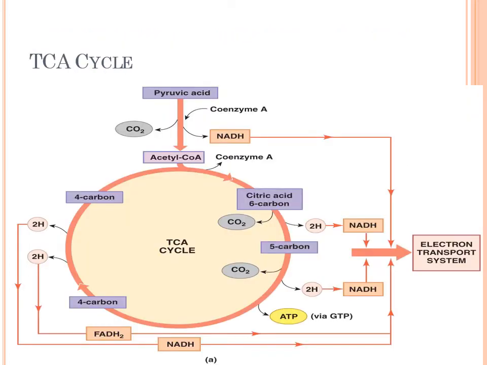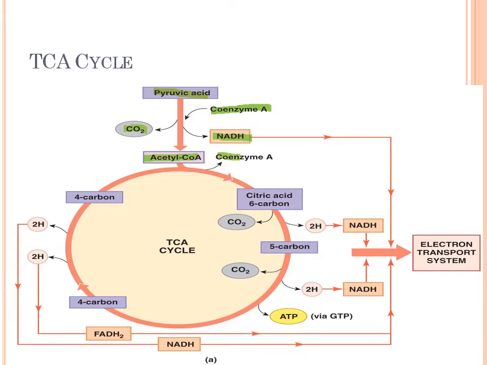So here's our pretty picture. We have the pyruvic acid that was the end product of glycolysis, and through coenzyme A, and coenzymes and enzymes in general are what allow for reactions to happen to change one molecule to another molecule. So coenzyme A interacts with pyruvic acid. We have a decarboxylation, so a loss of carbon dioxide, and that is going to create acetyl-CoA, and it also is going to create one NADH molecule.